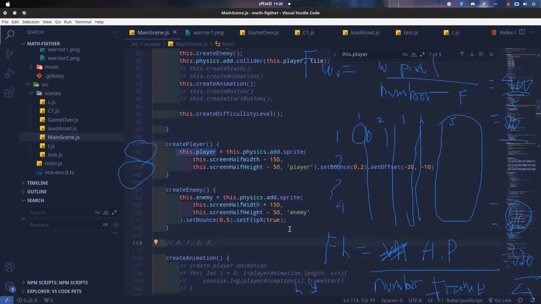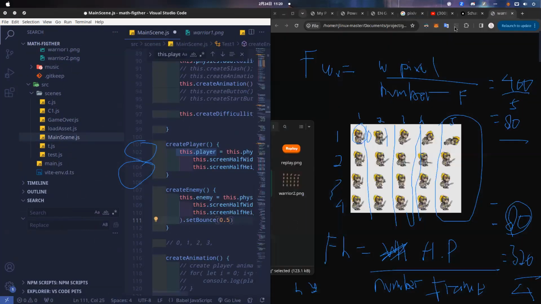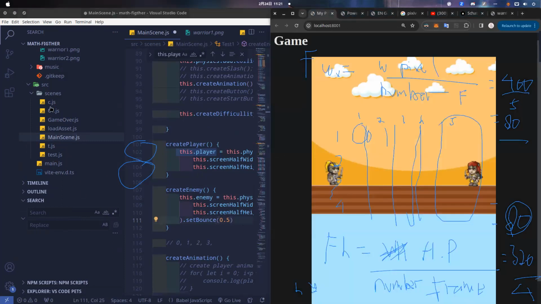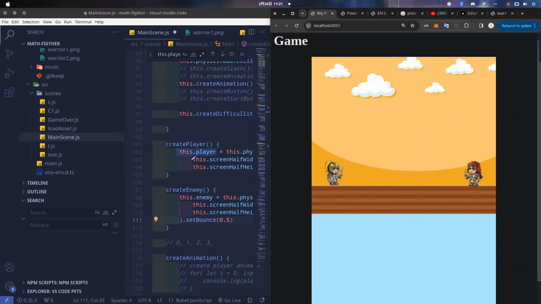If I don't use this set flip x method, the enemy will face the opposite direction. Wait, let me clear this drawing first. For example, I have set flip x, that's why it's facing the same direction.